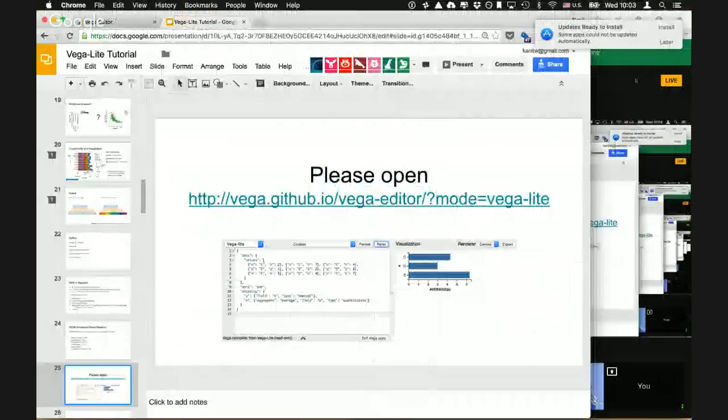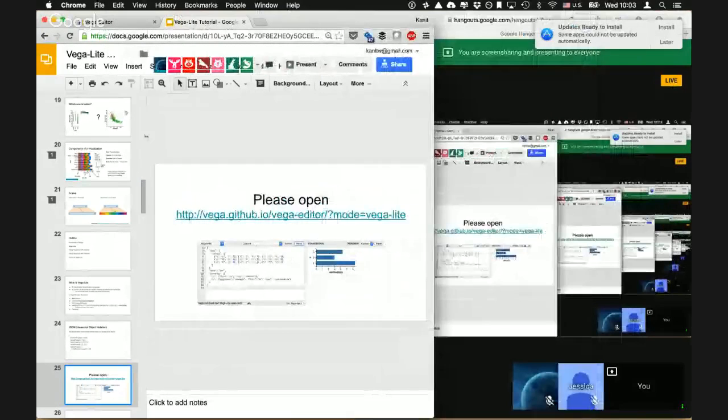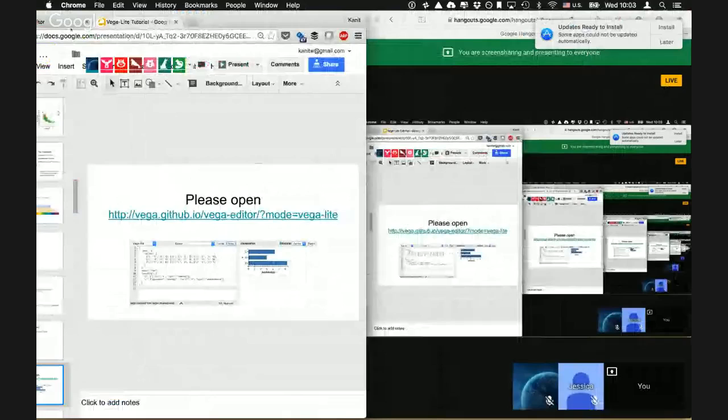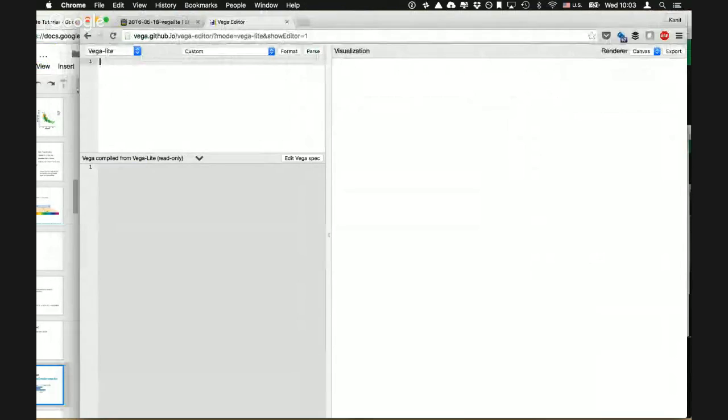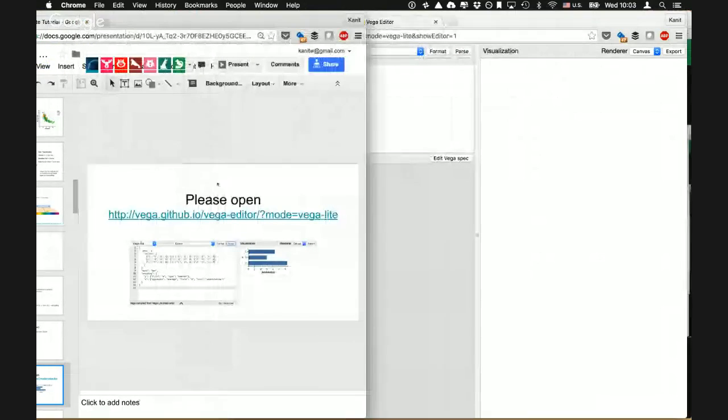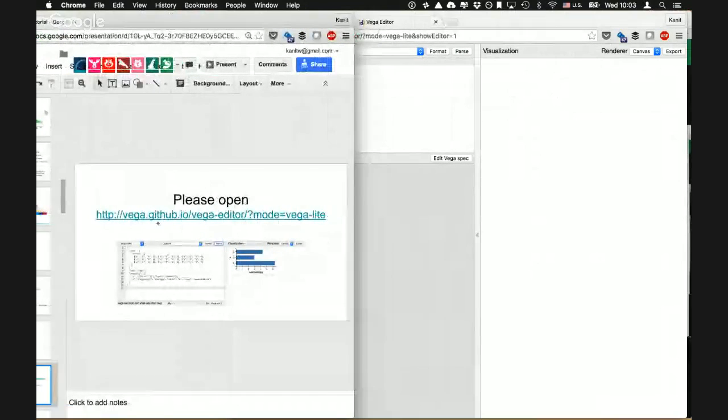So now I'm going to try to split the screen and okay, it's telling me to update my computer. Definitely not now. Okay, so